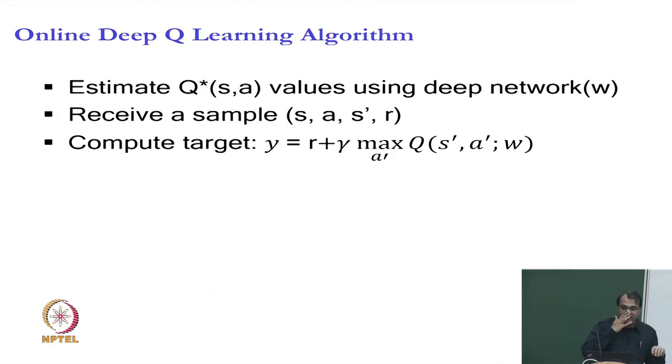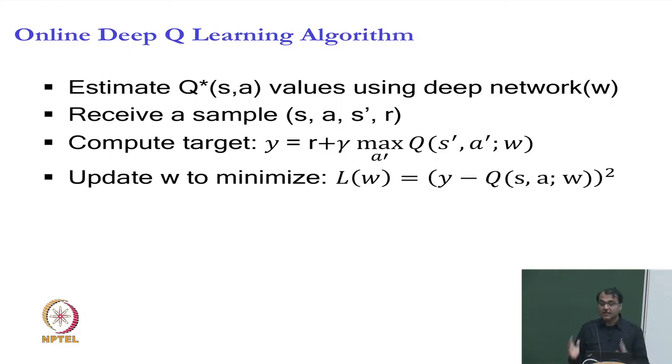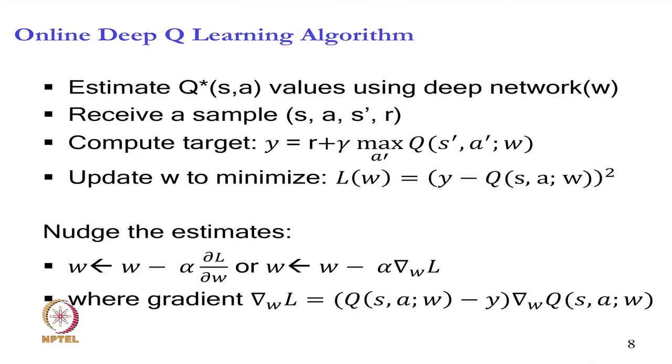So first, what is the final algorithm? The algorithm is you are in a state S, you take an action A, you get to state S prime, you get some immediate reward R, then you compute the new target. The new target would be R plus gamma max A prime Q(S prime, A prime) computed by W. Then you update weights to reduce the error. The error would be this new target minus the old value, whole squared. For that you would have to compute gradients with respect to W, and it will come out to be (Q(S, A; W) minus Y) times the gradient with respect to Q(S, A; W),